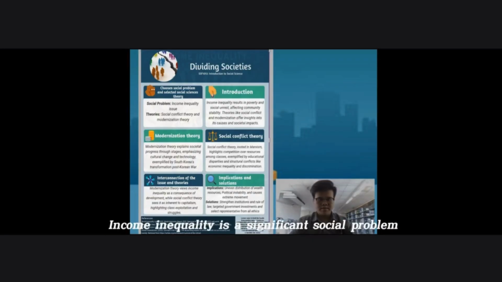Income inequality is a significant social problem because it can lead to various issues, including poverty, lack of access to education, and social unrest. When a small number of people hold most of the wealth, it creates a feeling of danger and frustration among those who find it hard to meet their basic needs. The growing divides can lead to tensions within communities, affecting not just those at the bottom but also the stability and well-being of societies as a whole.